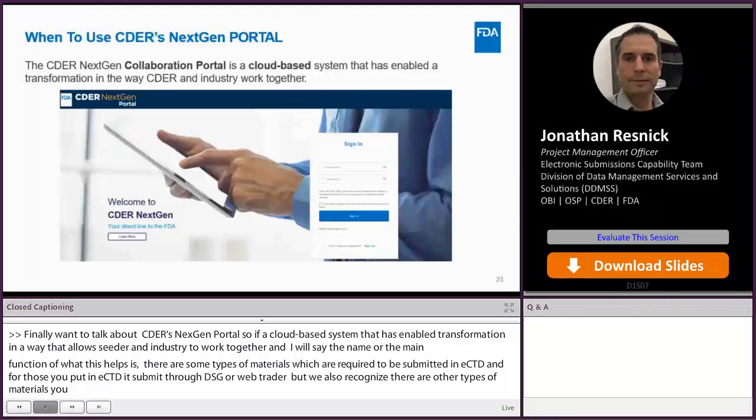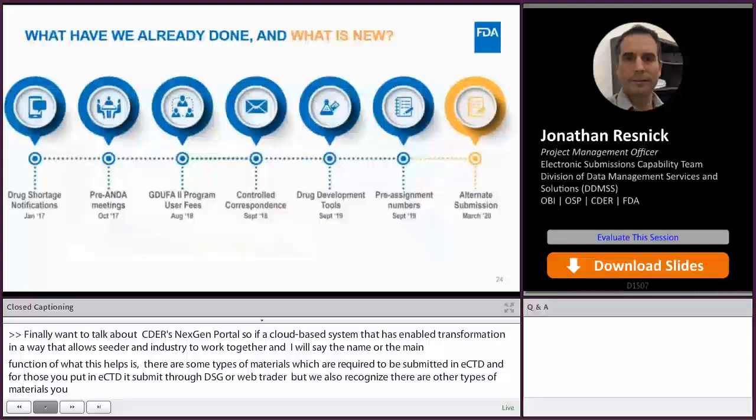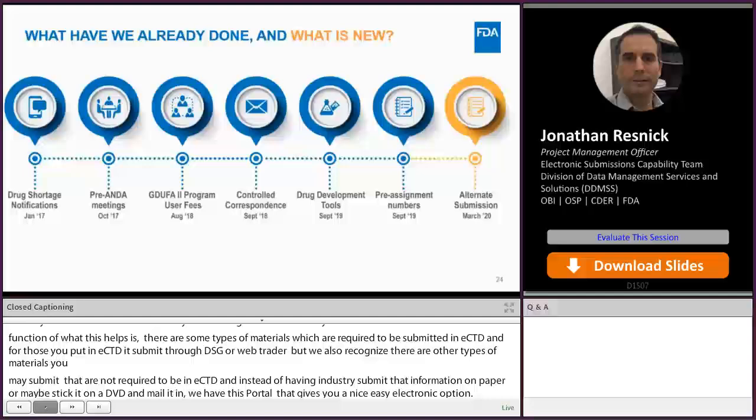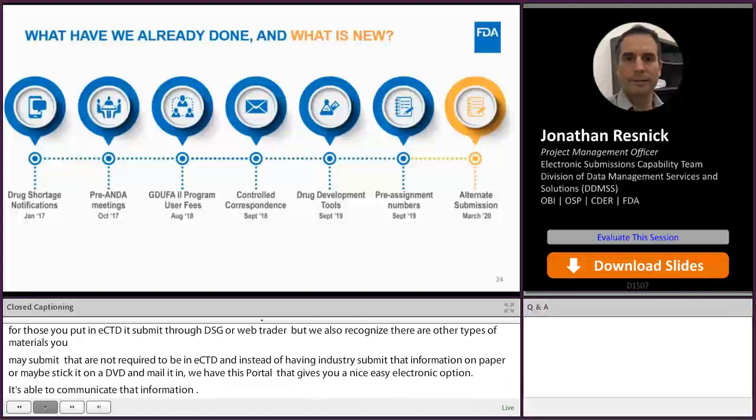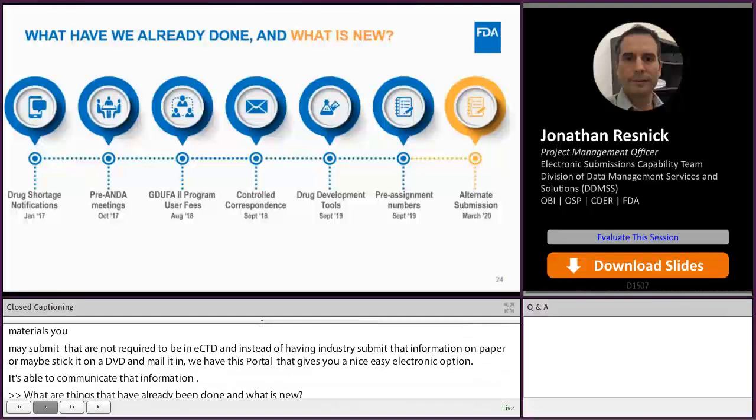So what are the things that have already been done and what's new? Drug shortage notifications is in there, pre-ANDA meetings, GDUFA program user fees, controlled correspondence, drug development tools,